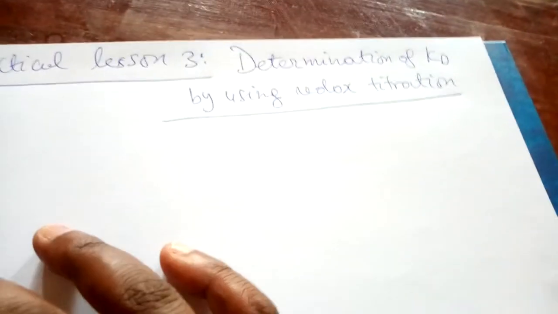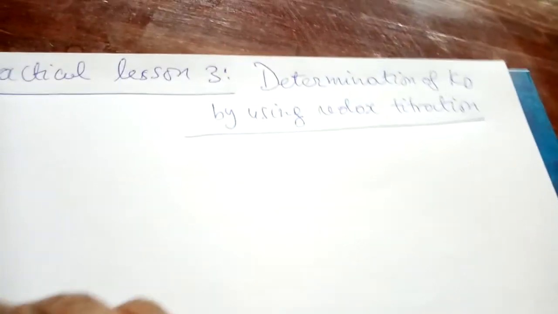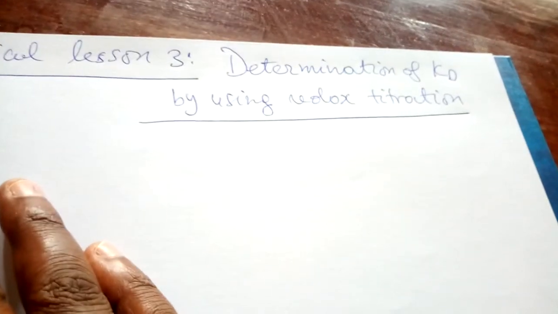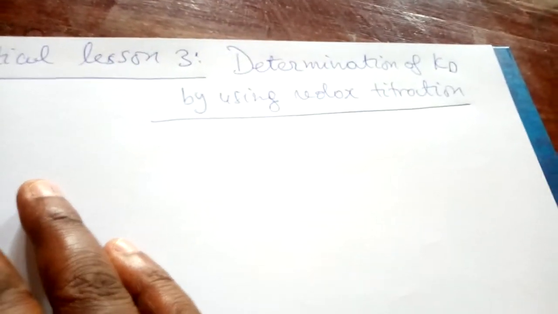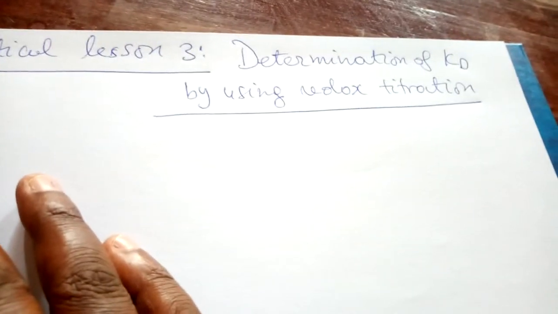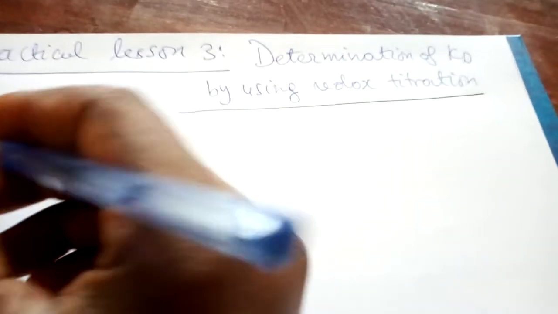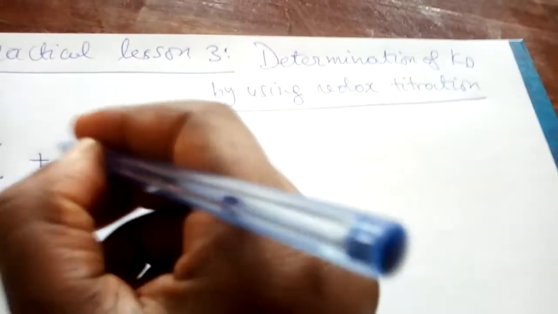First of all, if you want to extract iodine, you know that iodine is the oxidizing agent. It reacts with a colorless reagent called sodium thiosulfate. It means that when you have 1 mole of iodine, we need 2 moles of sodium